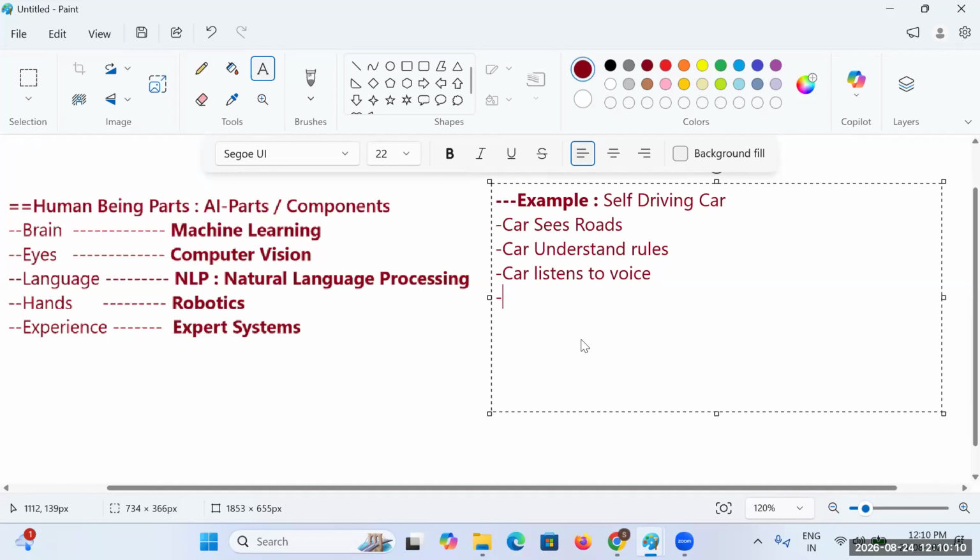And along with that, the car has to listen to voice. Car has to see the road, the car has to understand the rules, and the car has to listen to voice.